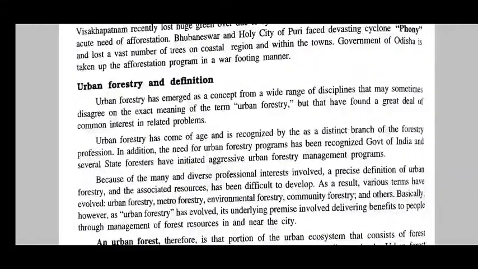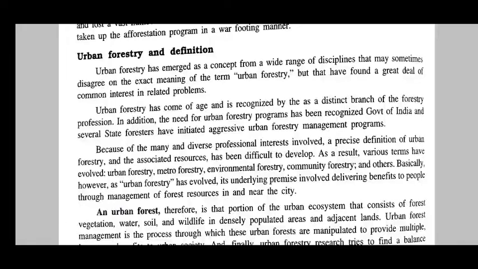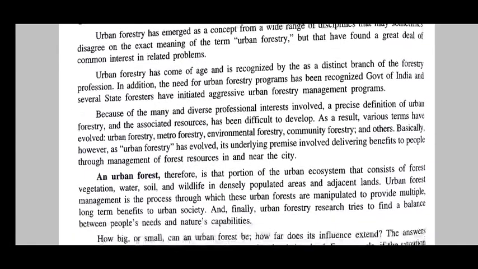अर्बन फॉरेस्ट्री डेफिनेशन होची. Urban forestry has emerged as a concept of a wide range of disciplines, may be sometimes decreased. Urban forestry, like in an urban area, specifically forest implementation and their maintenance. जोटा हम आगु देखिबा. So it was also in urban forestry, has been recognized by your government of India and